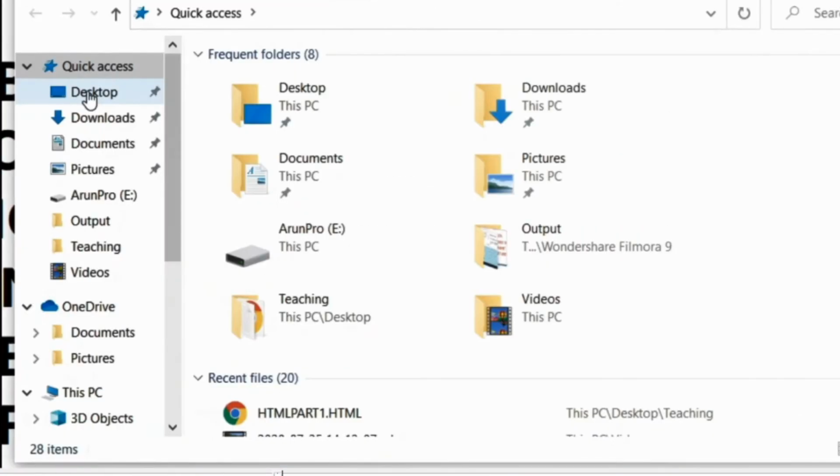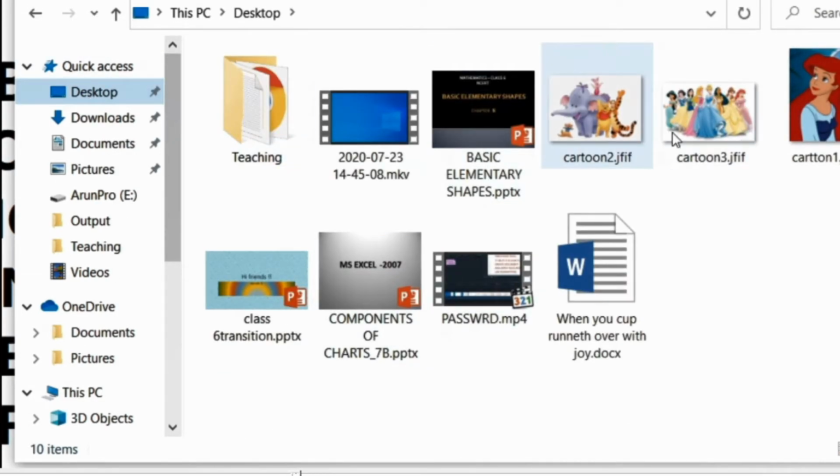See here, I have saved few images on desktop. Now my image is here on desktop folder. I will select this image where there are many dolls in this.